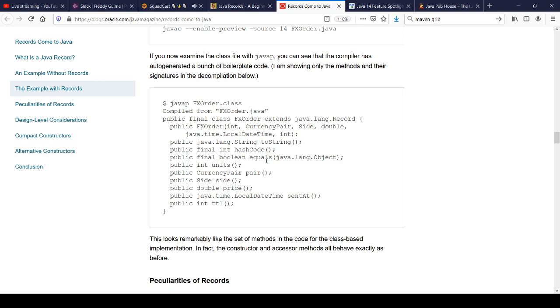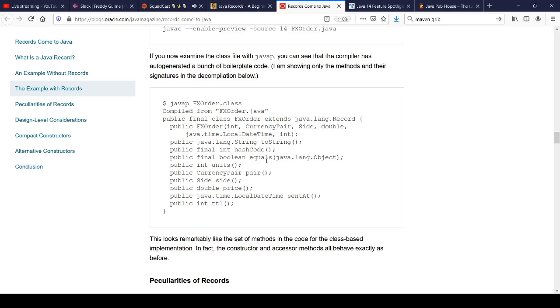Now, to walk a little bit through what Ben Evans was doing. So javap, for those who don't know, is almost like a decompiler. Not quite a decompiler, but what it's trying to do is look at the bytecode definition. So this works on .class files. Once you go through the build process, you generate a bunch of .class files, and you can just type in javap and the name of your class file. It's going to give you a map of the bytecode that was produced and how that maps to actual quote unquote Java instructions.